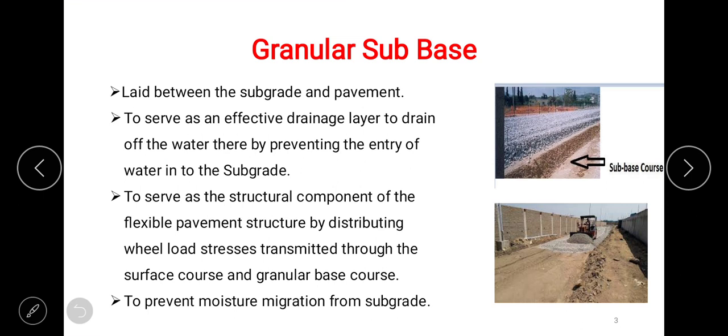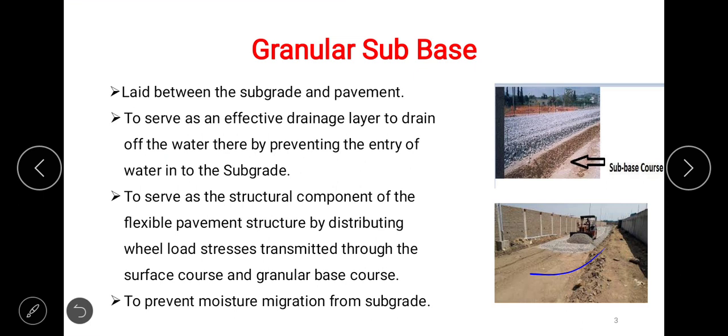Here also subbase course, how it is provided in the field is shown in this photograph. And roller, after the granular subbase and aggregates are provided, the rollers are being used to roll this or to compact the surface. How the aggregates are being spread. First of all, it has been brought and then how it is spread all over the width of the road is shown in this figure.